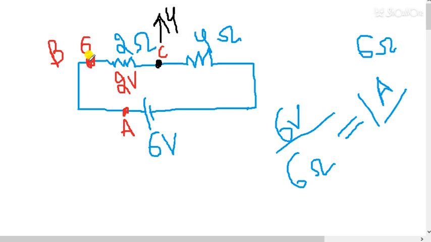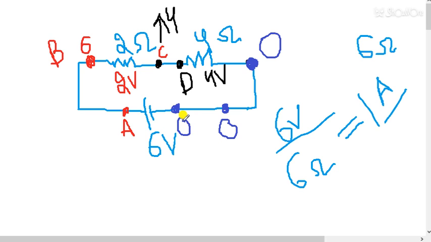Whenever there is a resistance, there is some voltage drop. But when there is no resistance, like C to D, moving from C to point D, that means voltage at point D is also 4. Then after this point 4 volt will drop here. That means the voltage at this point is 0, and the voltage at this point is also 0.